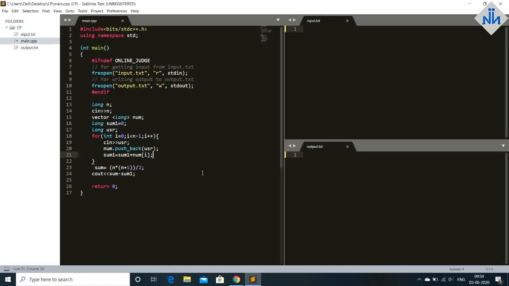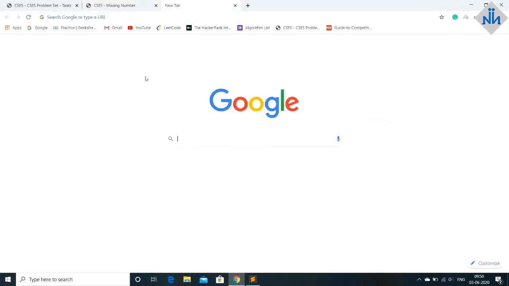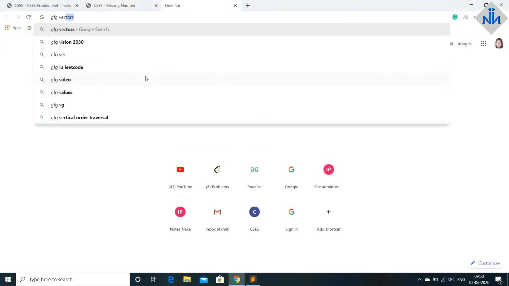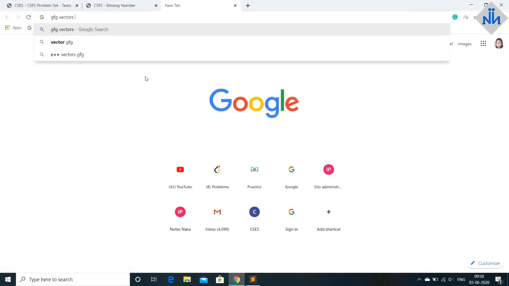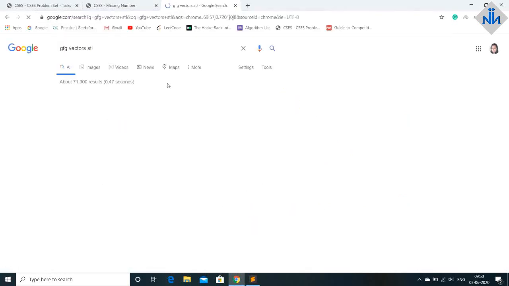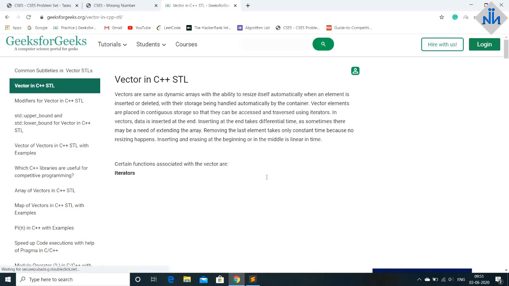That's why we should learn how to use vectors. If you do not know about vectors or need to freshen up your concepts about them, I recommend going to Geeks for Geeks. If we go to GFG and search for vectors STL, this is what I usually refer to because it has everything in a precise manner.